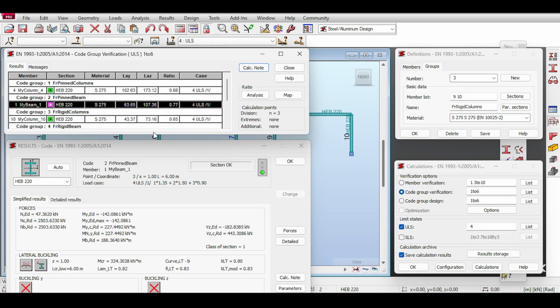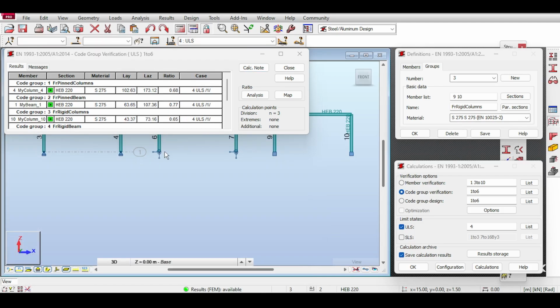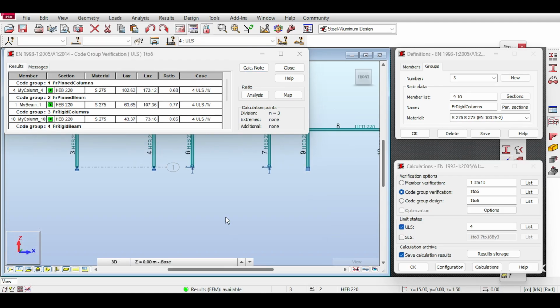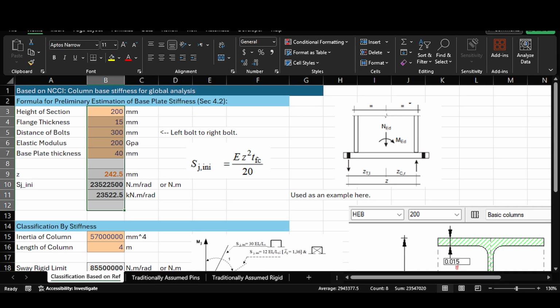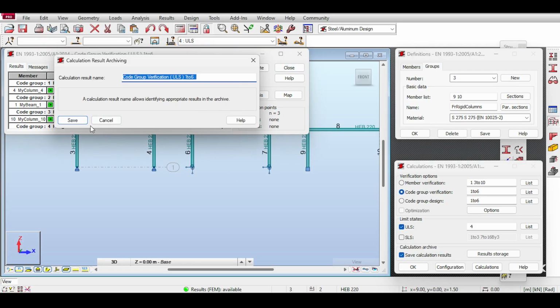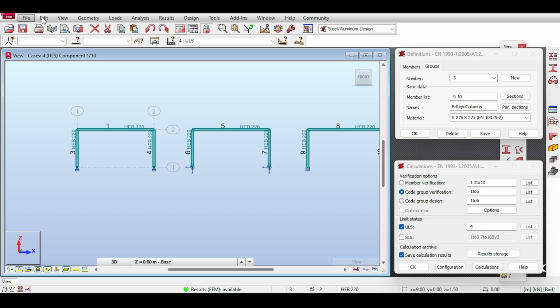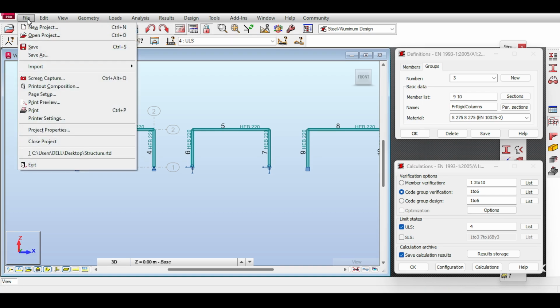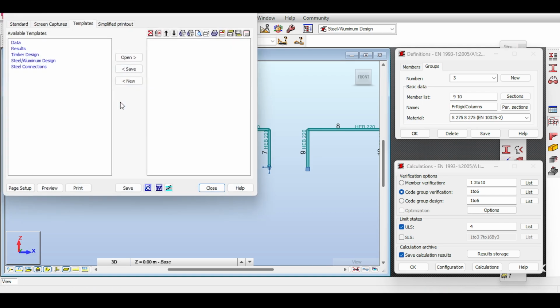So I have exported the calculation note of the pinned frame, but that's only for the steel structure. Now, I finished the design here. Of course, in the semi-rigid, I'm not done because suddenly those things change, but I will not change anything here. What else do I need for the design here? I need to go to File and go to something called Printout Composition, because I also need to export the